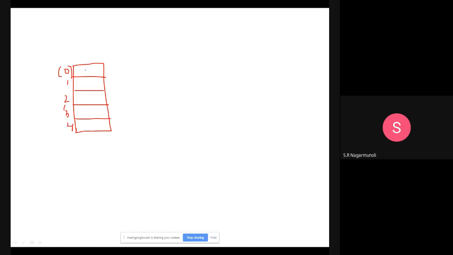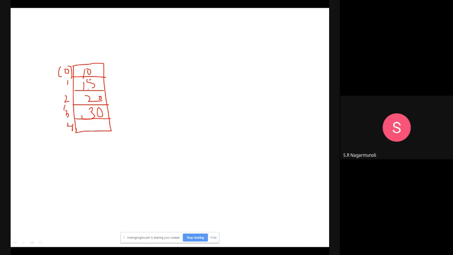Now, say I store 10 here, then 15 is stored here, then 20 here, then let me say 30. So these are the elements I have stored. Now I want to insert an element in the middle, say between 15 and 20. I want to insert 18. If I have to store 18 here, then I have to make space for it.